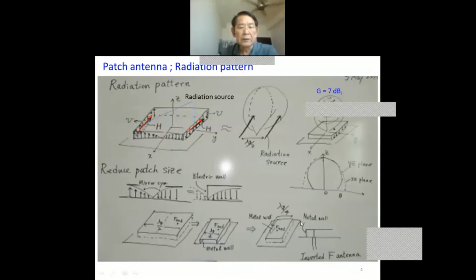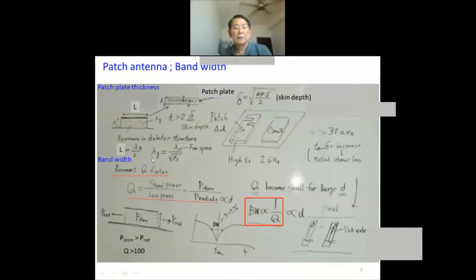So this shape seems like the alphabet F. So this is called inverted F antenna. So like this, by using a metallic wall, the antenna size can be reduced more and more. So next,